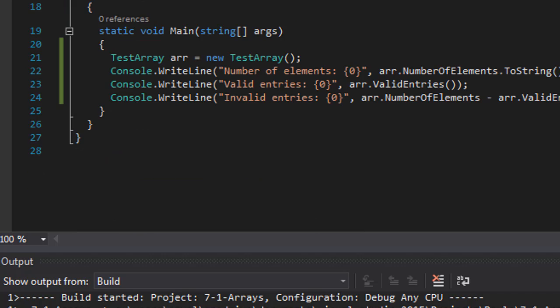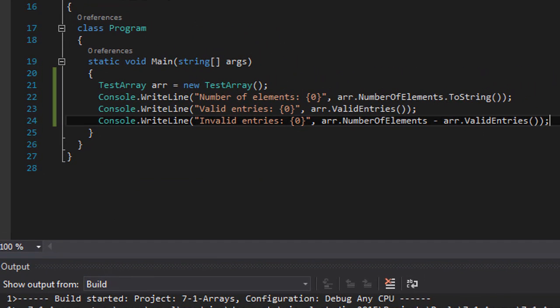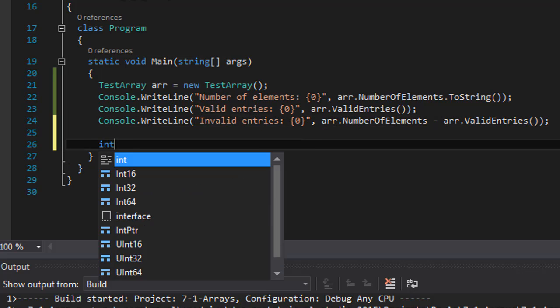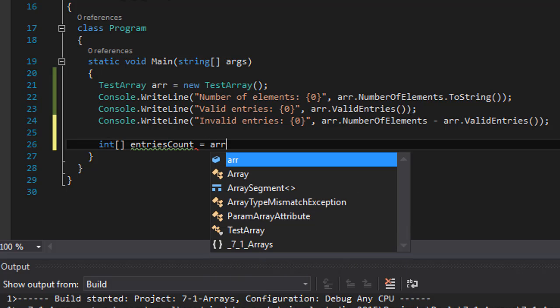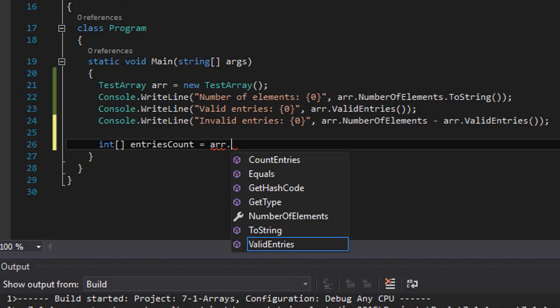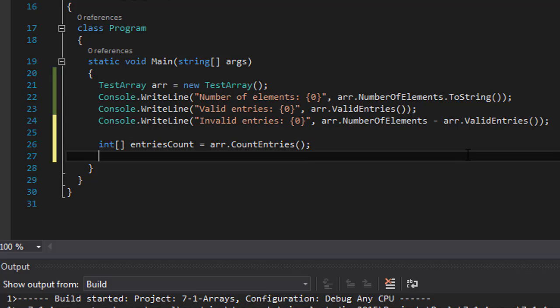So let's go to our program again, and we are going to create another array of integers. I'll call it entries count, and that one will simply call the method CountEntries and hold the array that is being returned from it. And we will just loop through it and output all the values. So for